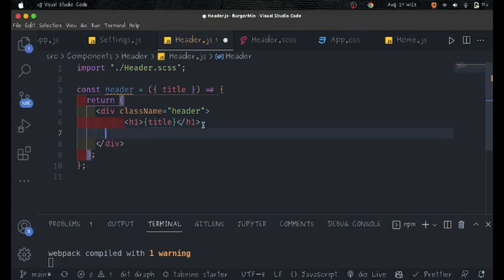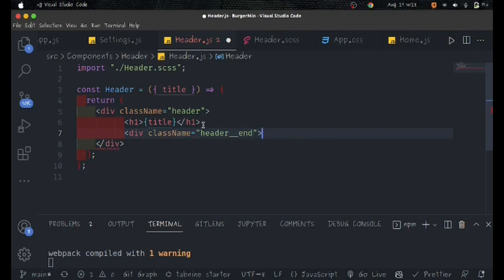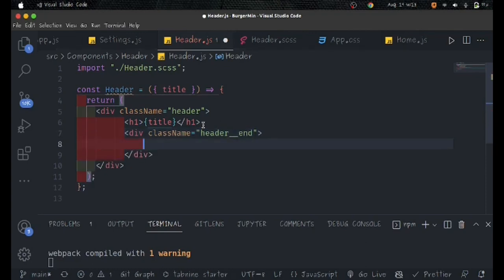And now just below this one I'm going to have also a div, and I'm going to give it a class name of header end like that. So now inside of here I'm going to give a paragraph like that, and I'm going to give it also a class name of header notification